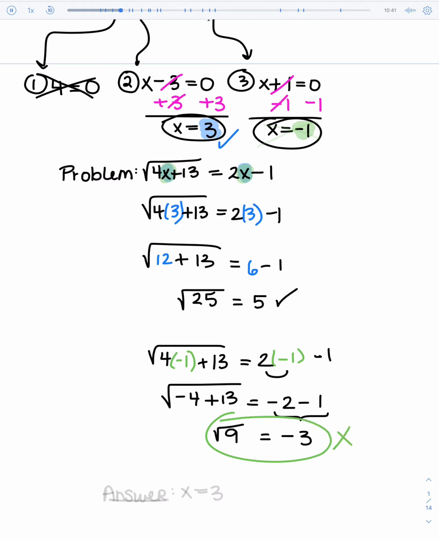No, it does not, which means actually the x equals negative 1 doesn't work, which means I had 2 answers, but only one of the 2 actually worked. Only the number 3 worked. So our final answer is just the x equals 3, because the